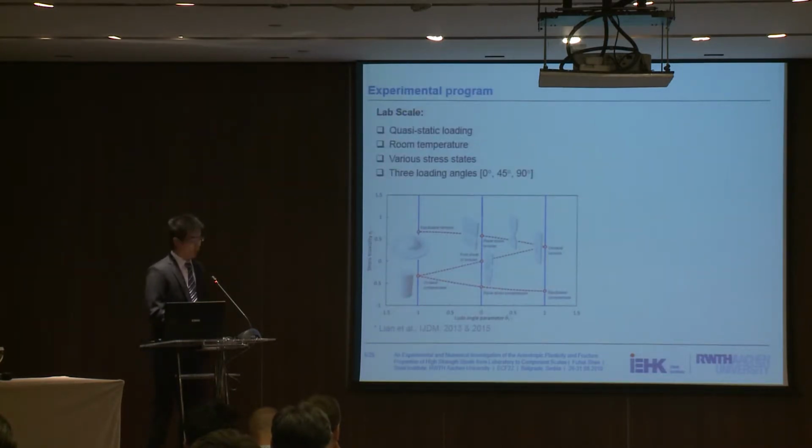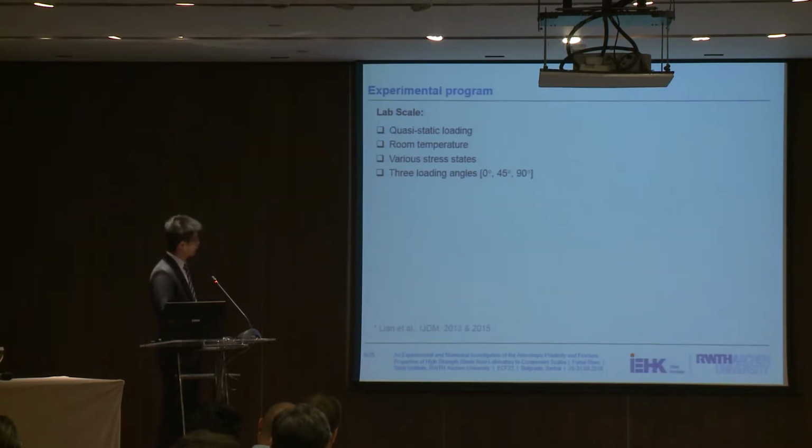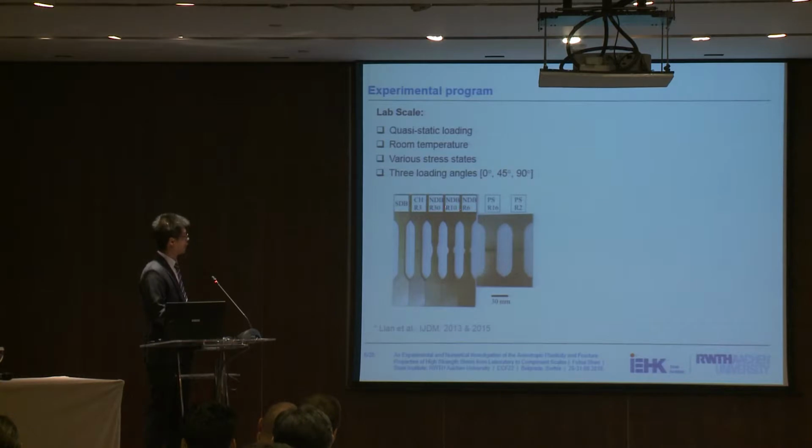This is the experimental program that we use on the lab scale. As we all know, the damage and fracture behavior are affected by stress state, therefore we have applied various types of geometry to cover a wide range of stress states, and we perform the tests at room temperature under static loading rate along 3 different directions. This is an overview of the specimens that I have used. We have a smooth dog bone to calibrate the flow curves, 1 central hole specimen, 3 notched dog bone specimens with different notch radii here, and 2 plane strain